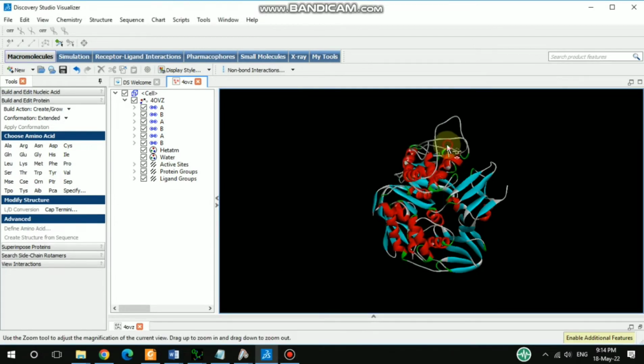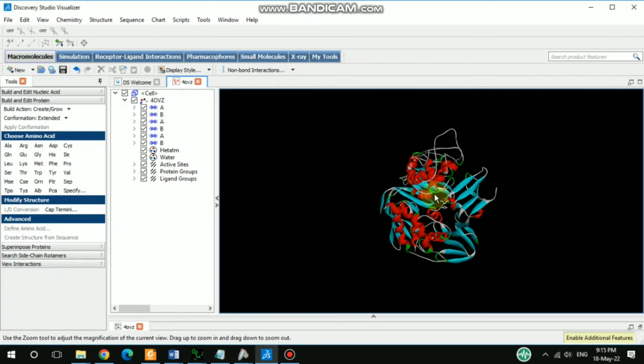Yeah, all right. So now it's going to show you the normal structure, that is the ribbon structure. So now I'm going to show you how to store all of the scenes and all of the stages, all of the steps that you're going to execute, you can save all of these steps. So how to do that? For example, first I would like to